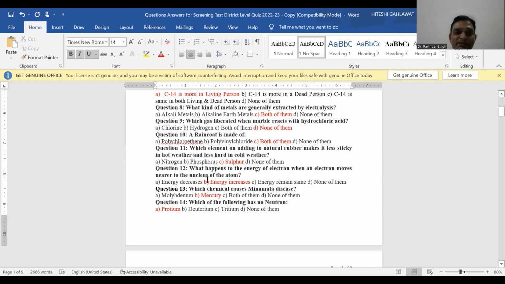क्वेश्चन नंबर 12, व्हाट विल हैपन टू द एनर्जी ऑफ द इलेक्ट्रॉन व्हेन एन इलेक्ट्रॉन मूव नियरर टू द न्यूक्लियस ऑफ एन एटम? When the electron come near to the nucleus, the attraction increases, energy releases, और ज्यादा एनर्जी रिलीज हो जाती है उसकी। तो जब एनर्जी रिलीज हो जाएगी तो उसकी एनर्जी और भी कम हो जाती है। तो क्वेश्चन क्या था, व्हाट हैपेंस टू द एनर्जी ऑफ द इलेक्ट्रॉन व्हेन इलेक्ट्रॉन मूव्स नियर टू द न्यूक्लियस, देयर एनर्जी डिक्रीजेस। तो आप बेटा यहाँ पे गलती से मेरे से रेड लिखा गया, जैसे मैंने इसको अभी दोबारा से किया था, तो आंसर इज एनर्जी डिक्रीजेस।